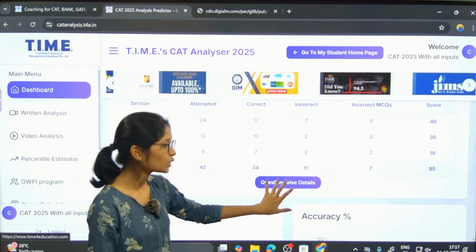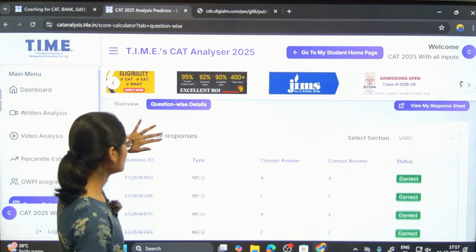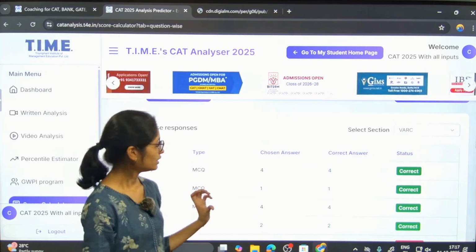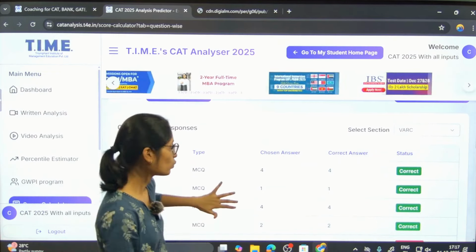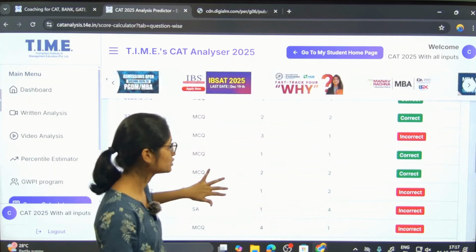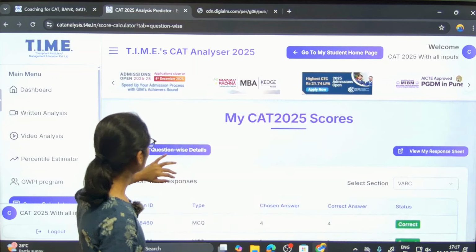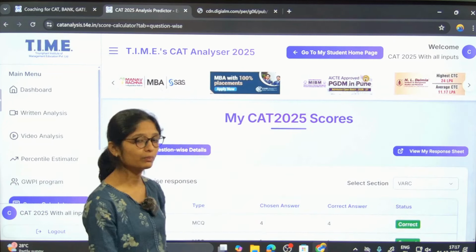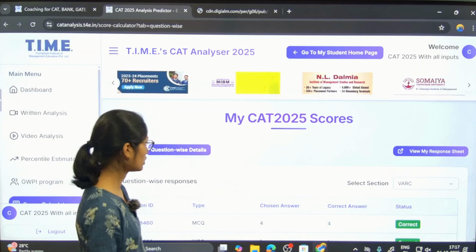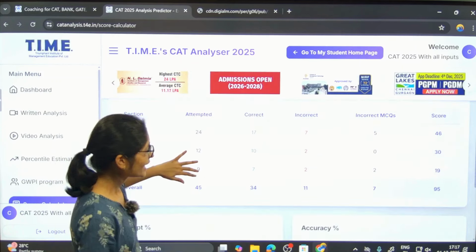You can also see the question wise details, wherein you'll see what questions are answered correctly and what questions are answered incorrectly, and you'll also see the details of the questions that are skipped. You'll see this both sectional wise and also overall wise. So let's just go back to the overview and we can see that